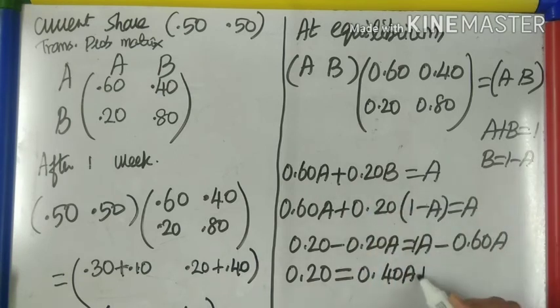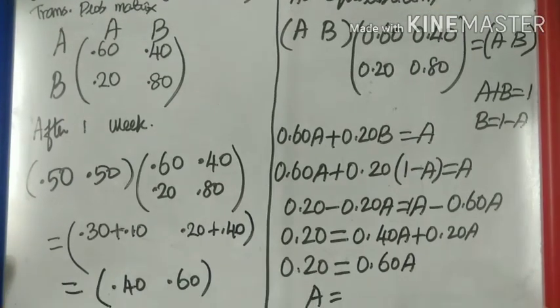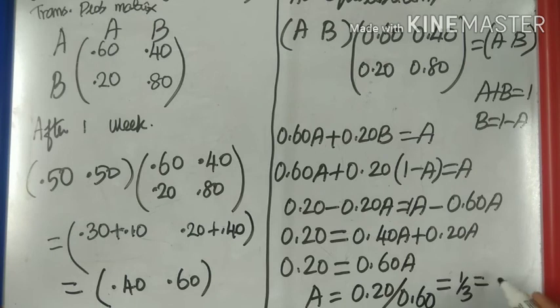And this I am taking to the other side. So my answer reduces to 0.20 is, adding these two together, 0.60A. So what is A? A is equal to 0.20 divided by 0.60. Or it is 1 by 3 I can say,